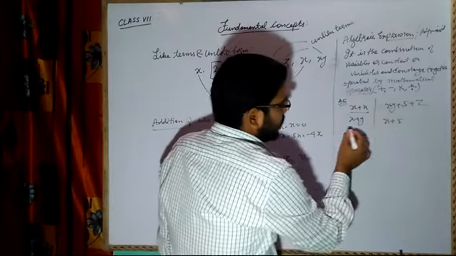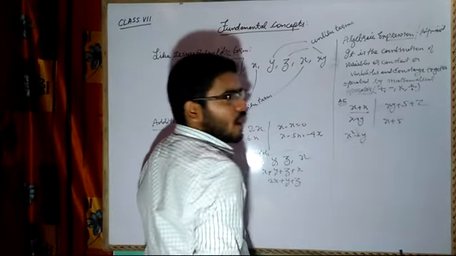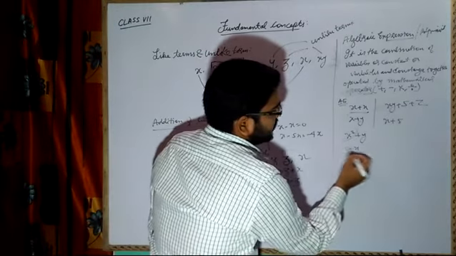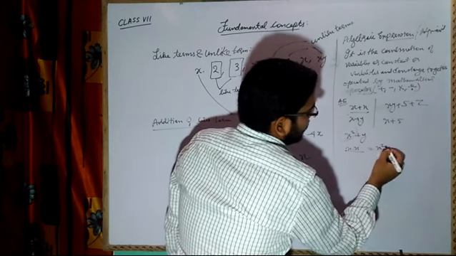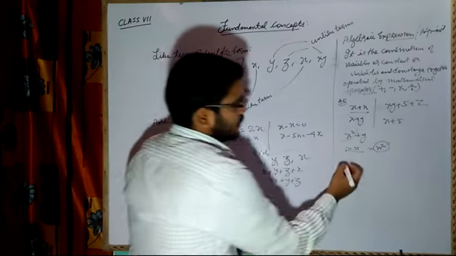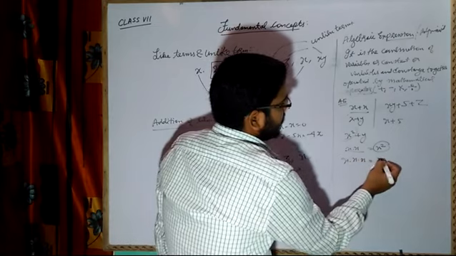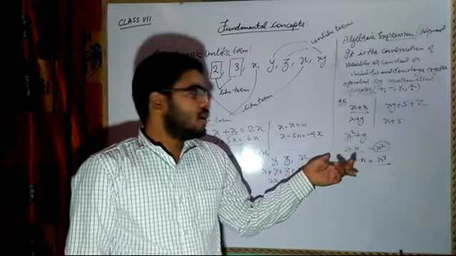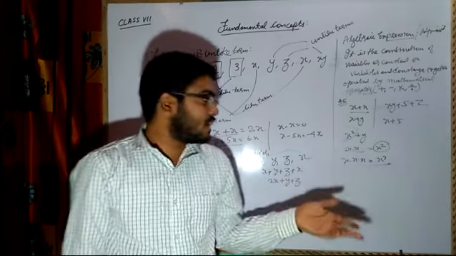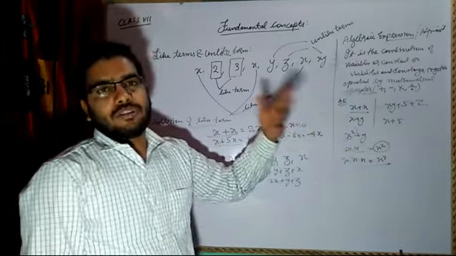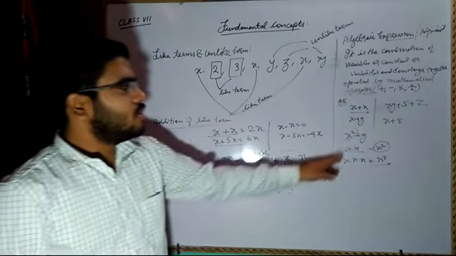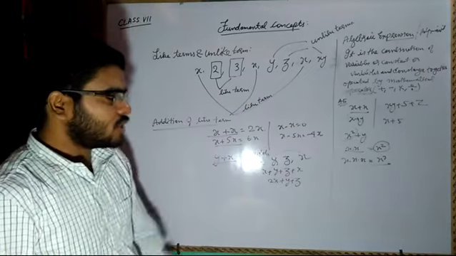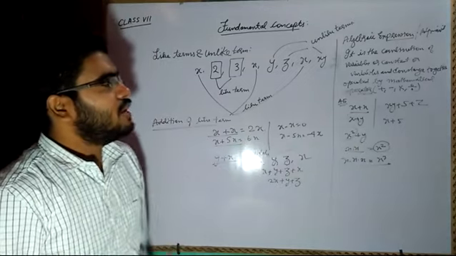Now here I have introduced one new term, something raised to a power, x square. Now how do we multiply? This means x multiplied with x. So x multiplied with x will always be equal to x square. If it is written x into x into x, that means x cube. I hope all of you know how to multiply powers, because you must have studied exponents in class 6. So here there is no need to explain powers of variables and constants. I hope you are all familiar with this.